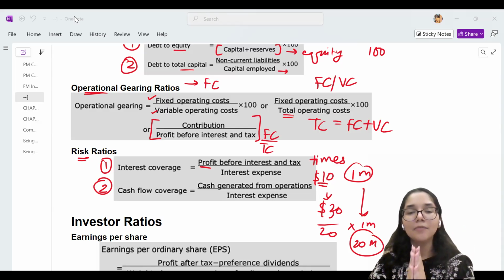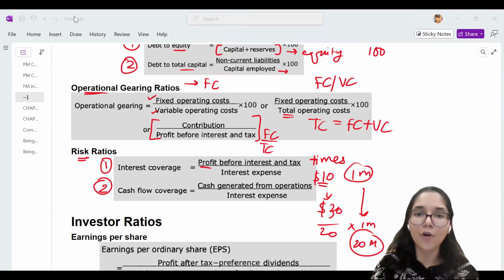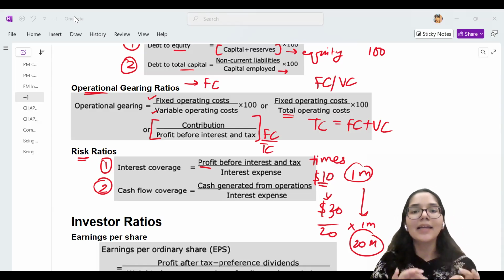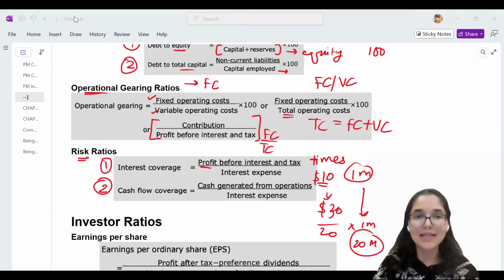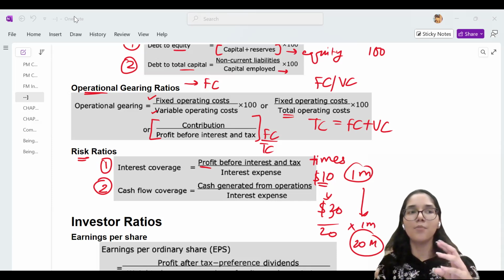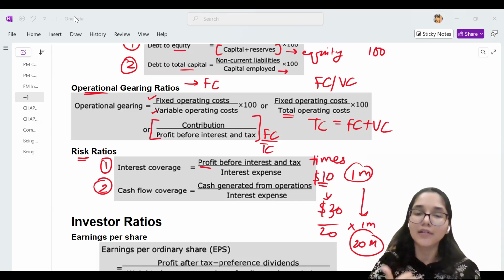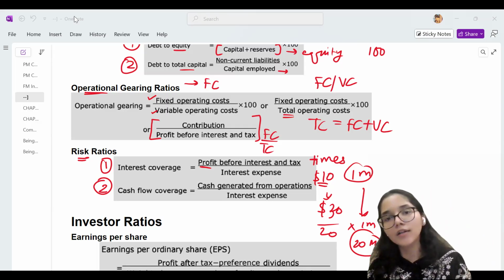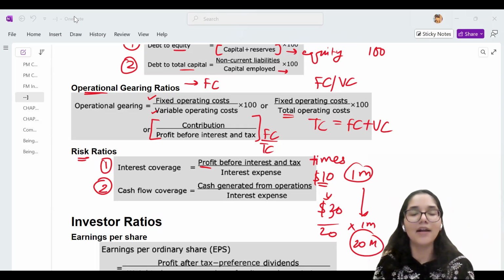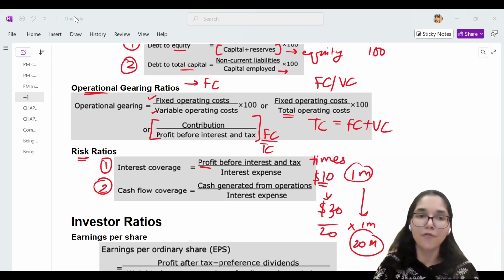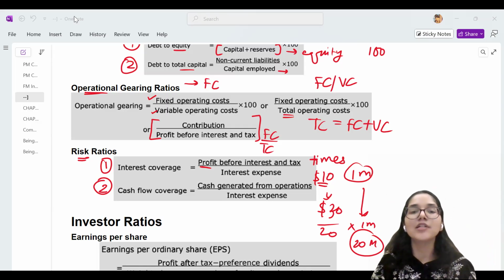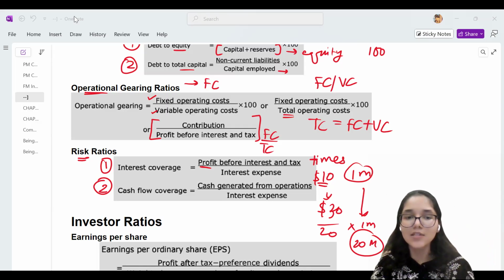I can be making millions and millions of dollars of profits, but still I can have a zero cash balance or even a negative cash balance, because that profit may not be realized. That profit may be still yet to be realized, which is not cash that I hold in my hand right now. It's a bookish entry, a book adjustment. So these could be the reasons why a business could be profitable, but may actually have a zero or negative cash balance also.